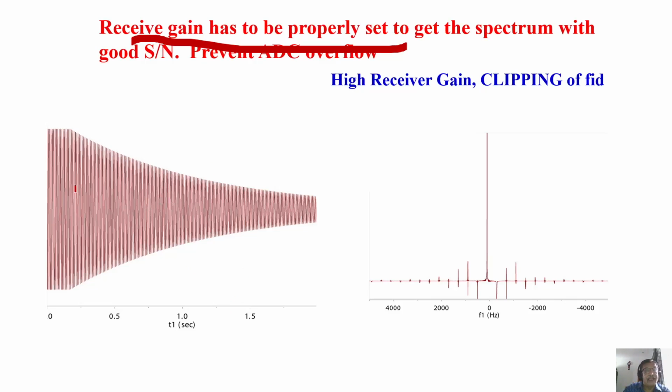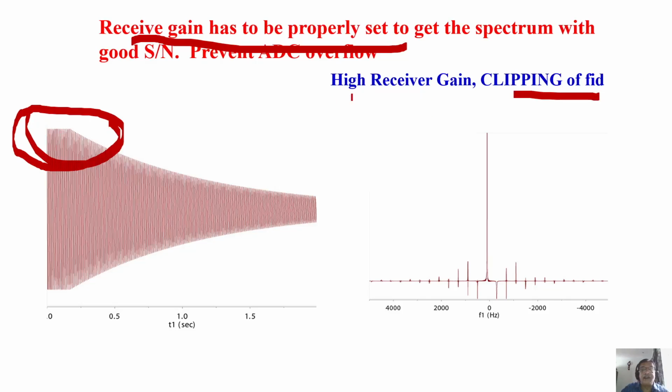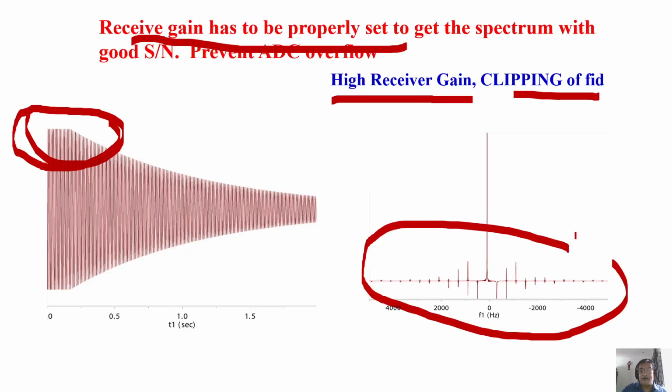When you start doing like this, this is the clipping of the free induction decay. The FID gets clipped like this. That is because the receiver gain is very high. If you happen to come across such a situation, and without your knowledge you enhance the receiver gain and collect the signal, look at it. After doing the Fourier transformation, if you get the spectrum, you will get lots of spikes like this. This is an indication your receiver gain is very high.